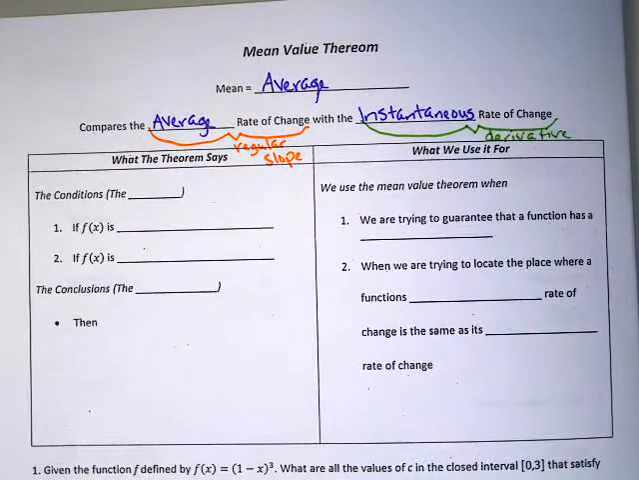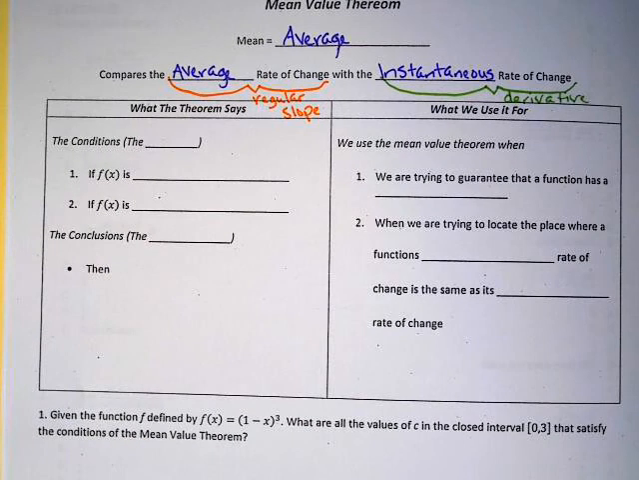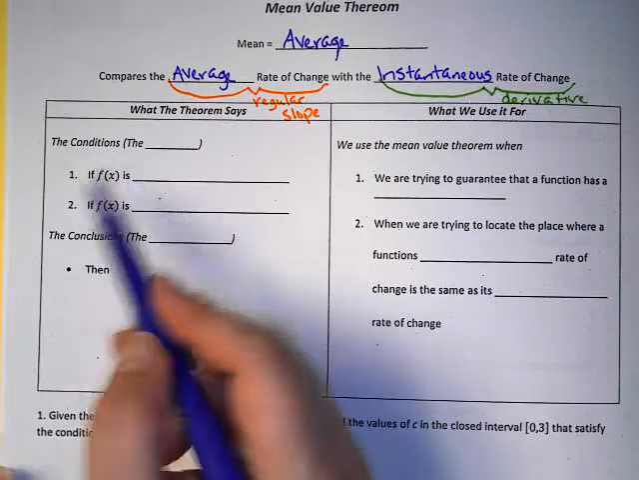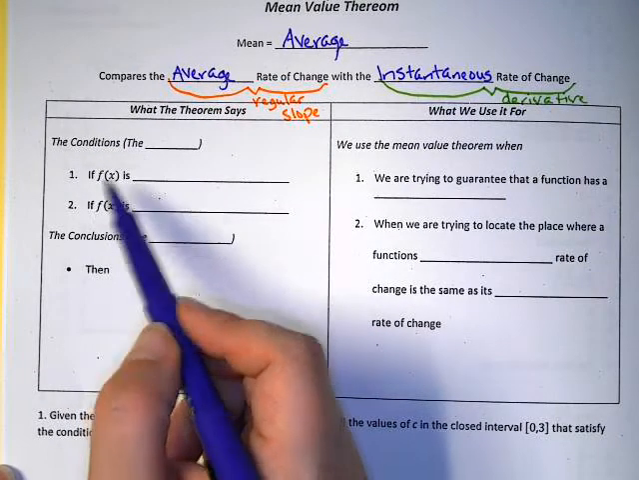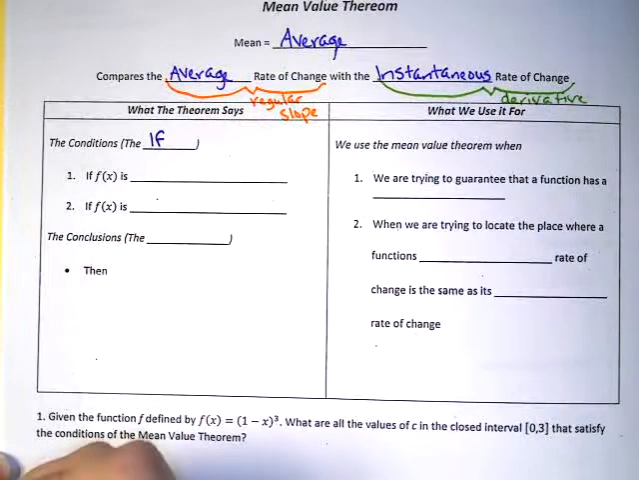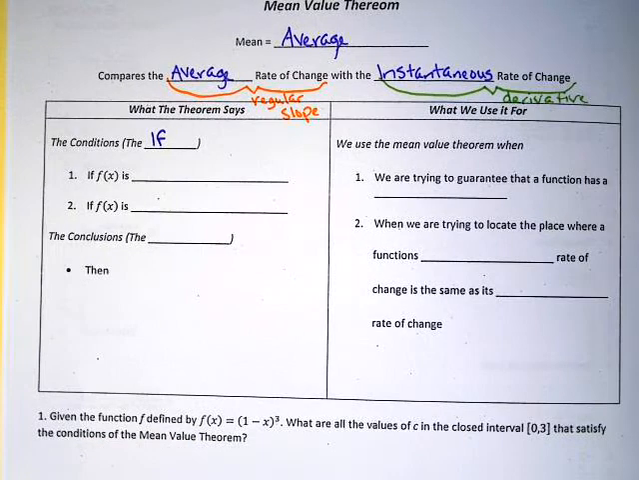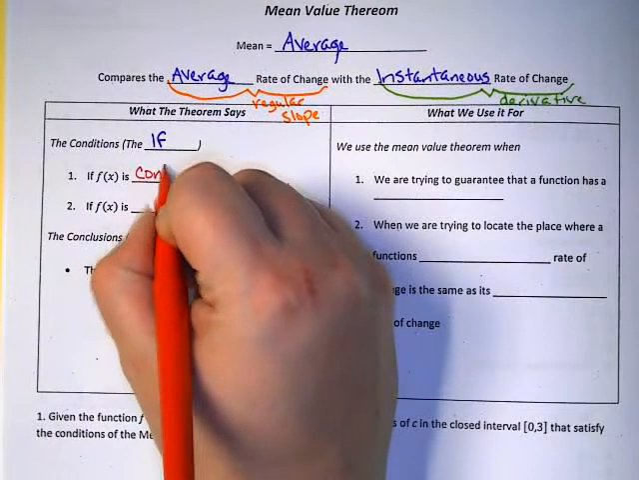All right, so we're going to talk about what this theorem actually says and when we use it before we dive into some examples. So the conditions really just mean like, hey, if these are met, then we get to talk about this theorem. So the conditions are really the ifs of the theorem. So if f of x is continuous